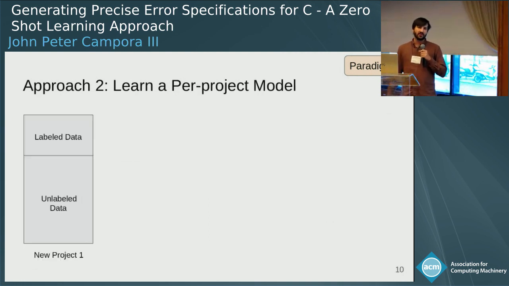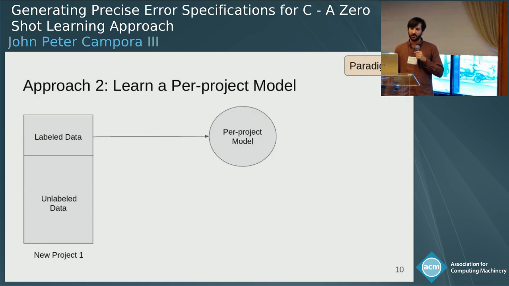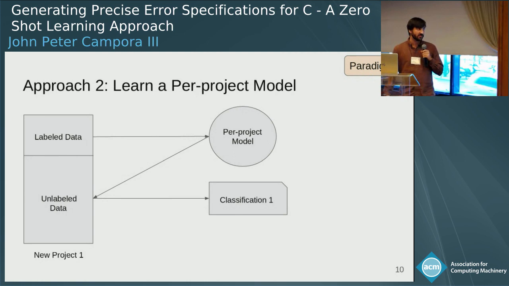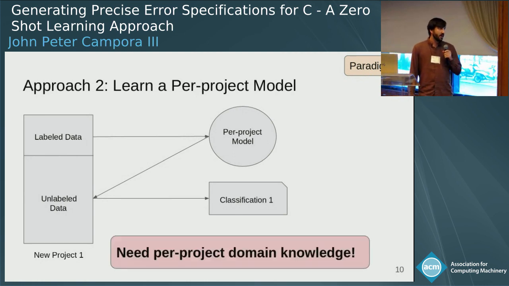So otherwise, I could train a machine learning model specific to each project. So I could go through and basically have a smaller set of labeled data and train a model per project and generate my error path classifications for it and get the error specification specifically for that code base. But this needs per-project domain knowledge. So I need somebody who specifically knows how to train a model in the Linux kernel versus a cryptography library versus another application. So either I recruit those people or figure out those code bases myself in order to label